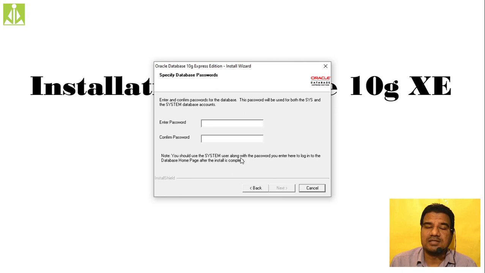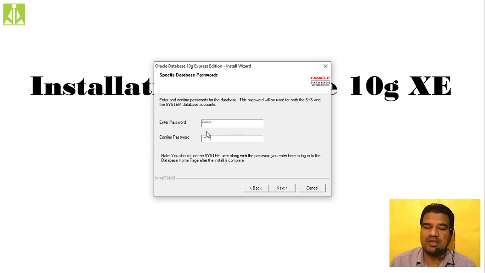Okay, then here, as I told you when I explained about the commands, or when we created the user in this Oracle 10xe, first of all we have to log in as an admin user, the database administrator. That database administrator, here you can see, is system. And the password we give over here is for system. I told you to keep the password simple so that you can remember it forever. So I'll be giving 123456. Confirm the same password, 123456. You have to put the same password in these two fields, 123456, as well as the confirm password 123456. Then click on next.